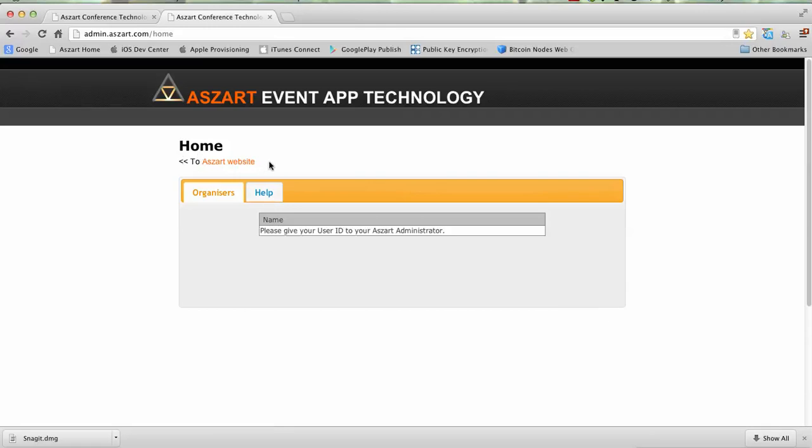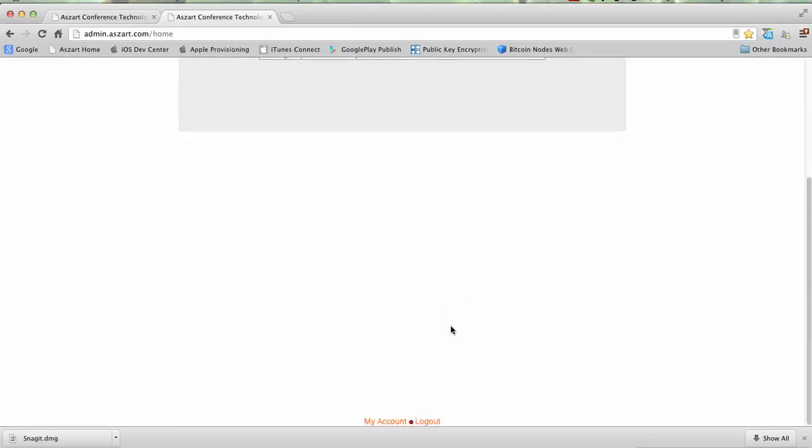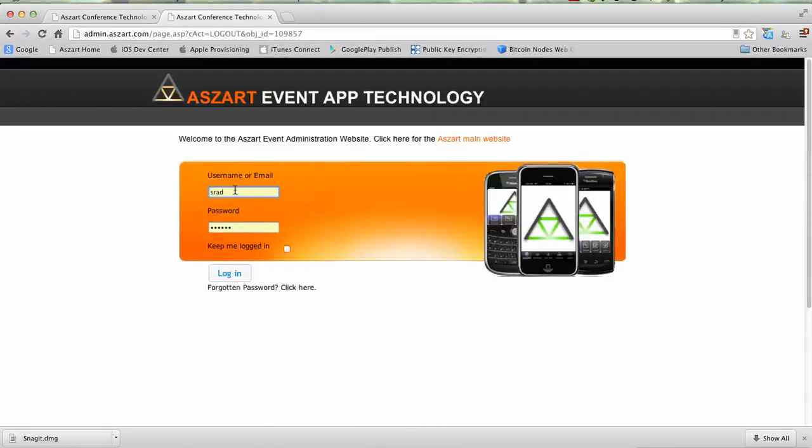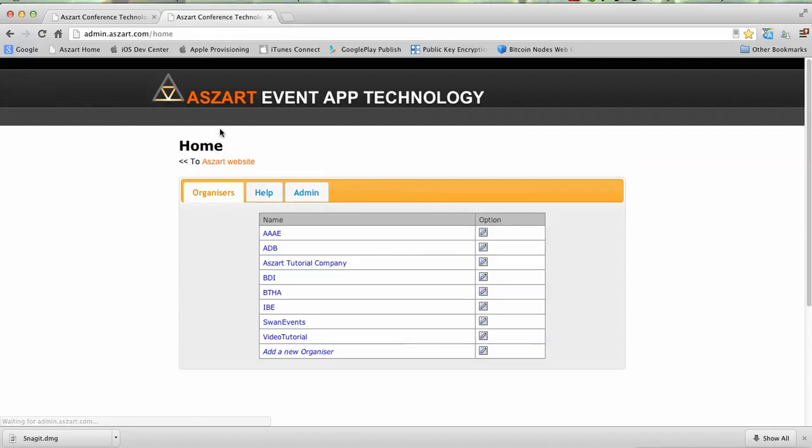That was mainly because we had accessed the same page as if we were the admin. It wouldn't have allowed us to edit any of that. So the next stage is to actually associate this new user to the correct event organizer. So to do that, we need to once again log in as our admin, and we can now go to our video tutorial